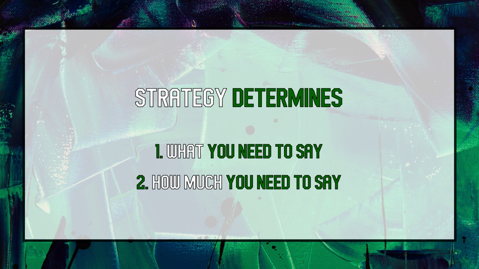The two basic questions you need to answer when thinking about what to do with the case in the 2AC are 1. What do I need to say? And 2. How much do I need to say? In some ways, the second question is redundant. If you need to say something, you just need to say it. What it takes for you to say it is how much you need to say.